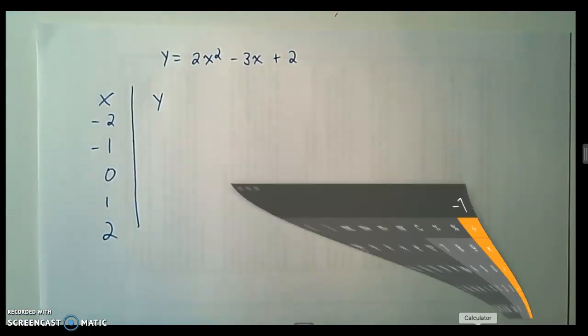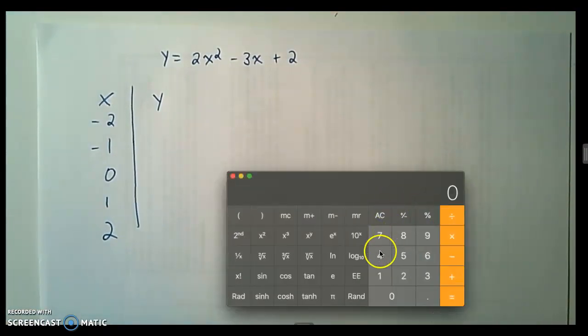Okay, so if I'm using this equation, I'm going to do 2. Okay, so the order of operations on this is maybe a little bit tricky. This should be the same kind of calculator that you have on your phone, so if that's the calculator you're using, pretty straightforward. So let's see. I have to follow BEDMAS, so I'm going to do the squared part first. So I've got -2. So 2, make it negative, squared. And then there's a 2 up front, so times 2 equals. And then I've got